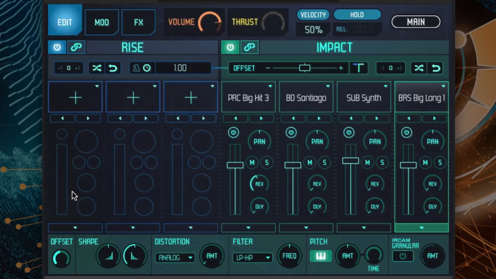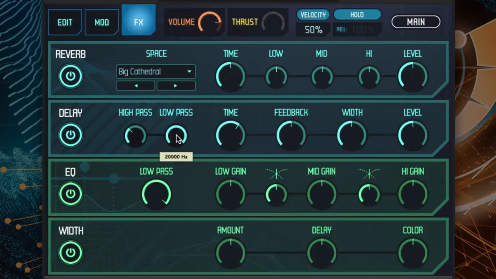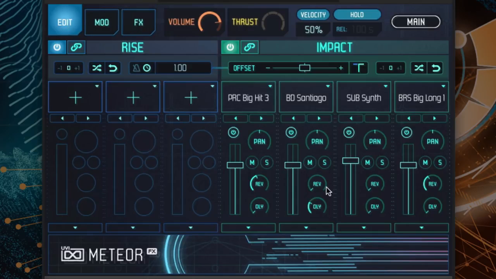Let's offset that, smooth the attack, apply some distortion, tweak the reverb and delay slightly. I'm getting close. I can feel this hit starting to come alive. There we go. Applying thrust can really be the magic touch to massive hits.